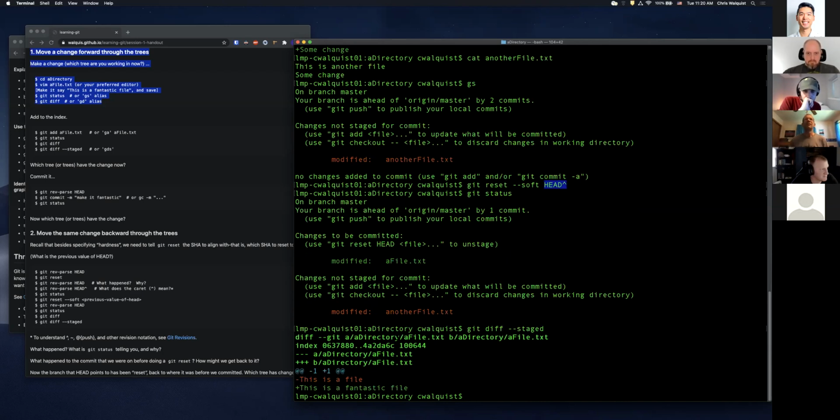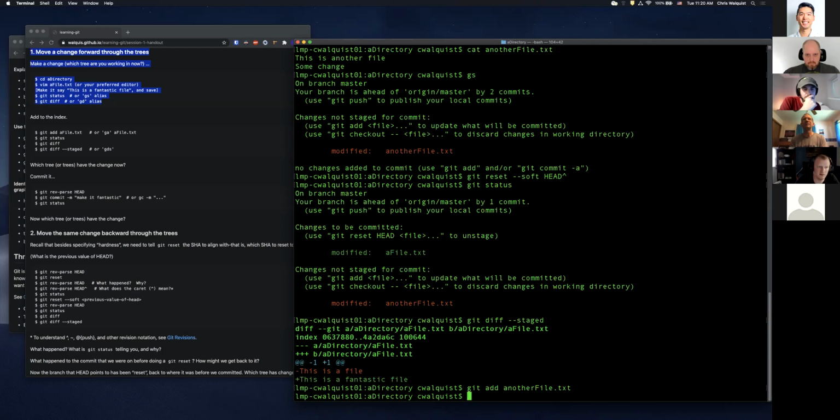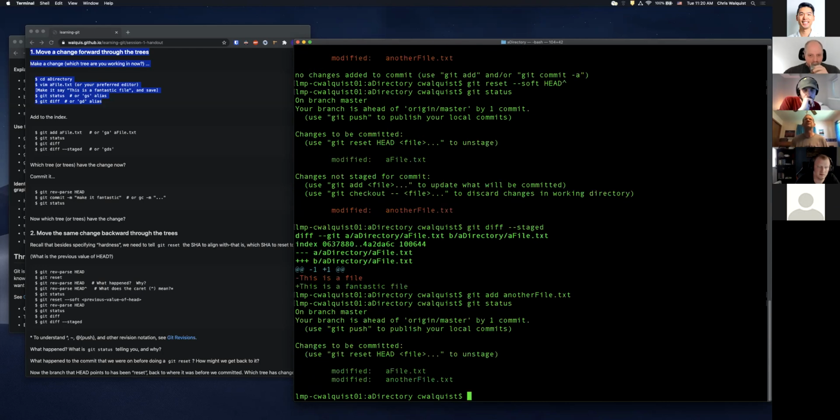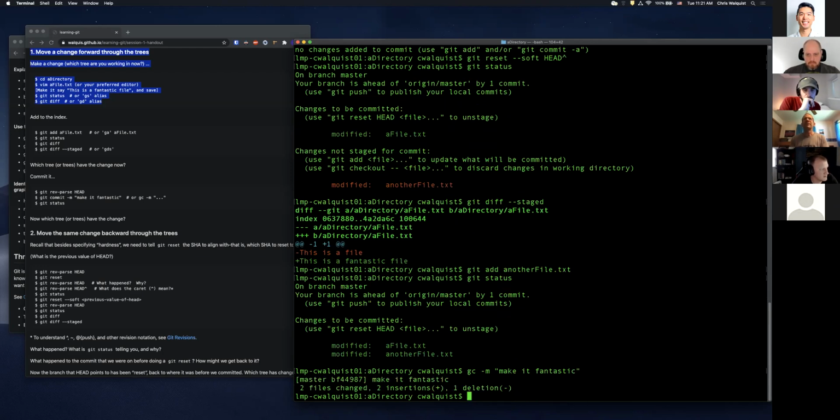So now I've got something staged. Now I've got this file I've got modified. So now I can move that file into the index with git add. And now I can join the one I had there before. Right, so there they are. Now they're both happy. Now I've got the kind of commit that I want. I can go back and find my up arrow to my other command and run it again. And now it's got 2 files changed instead of 1.